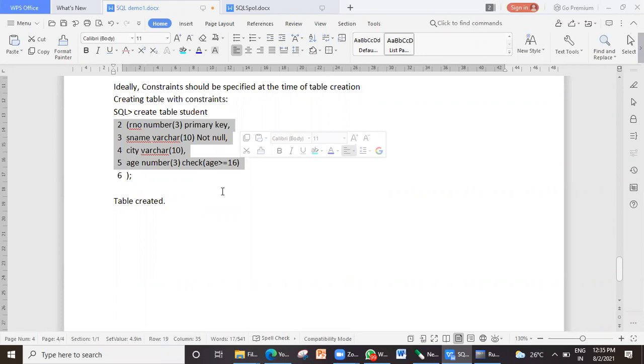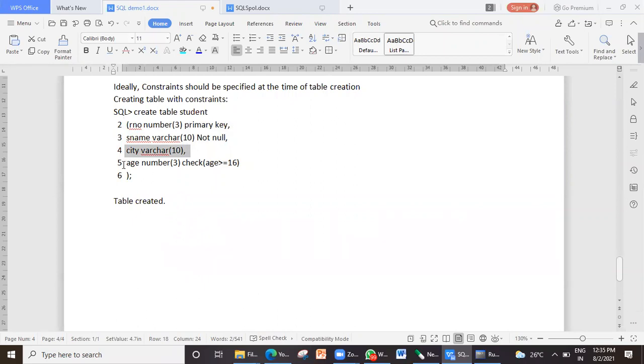Are you understanding my question? See, until and unless I say that, okay, for this field, don't allow null values, DBMS will allow null values if I don't specify. Like, for example, for city, have I specified that it should be not null? Have I specified?